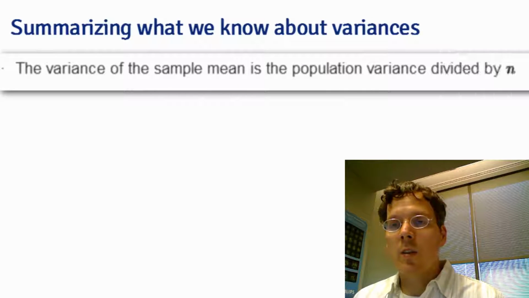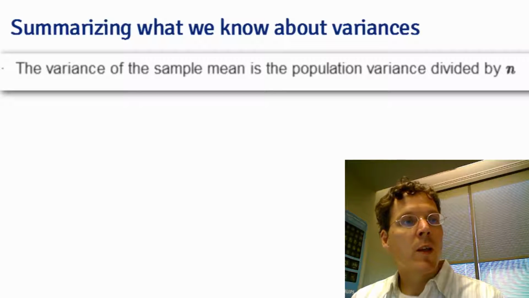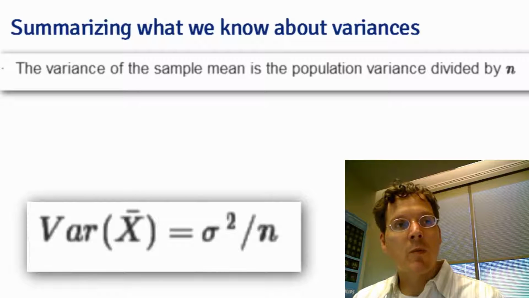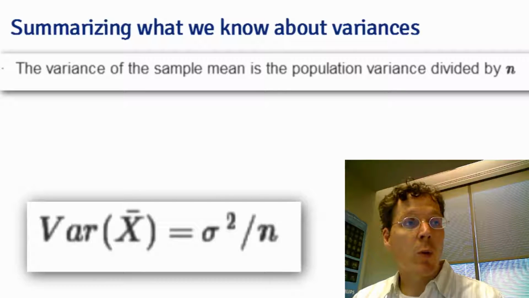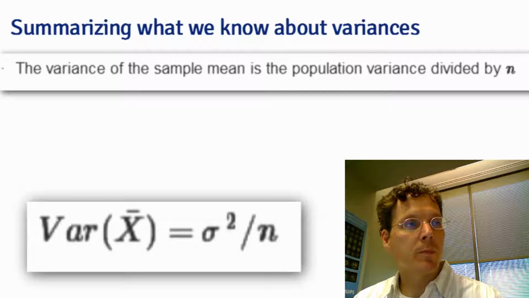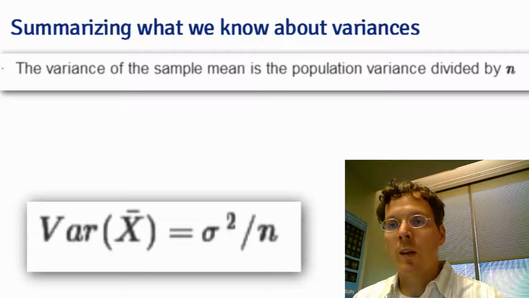We also know a lot about the distribution of sample means. We know where they're centered at from the last lecture, but we also know in this lecture that the variance of the sample mean is the population variance divided by n, and the square root of it, sigma divided by square root n, is the so-called standard error. These quantities represent how variable averages are drawn from this population. And it turns out that we can say a lot about the distribution of averages from random samples, even though we only get to look at one on a given data set. And this gives us a lot to work with, and it forms a lot of the foundation of ways in which we can perform